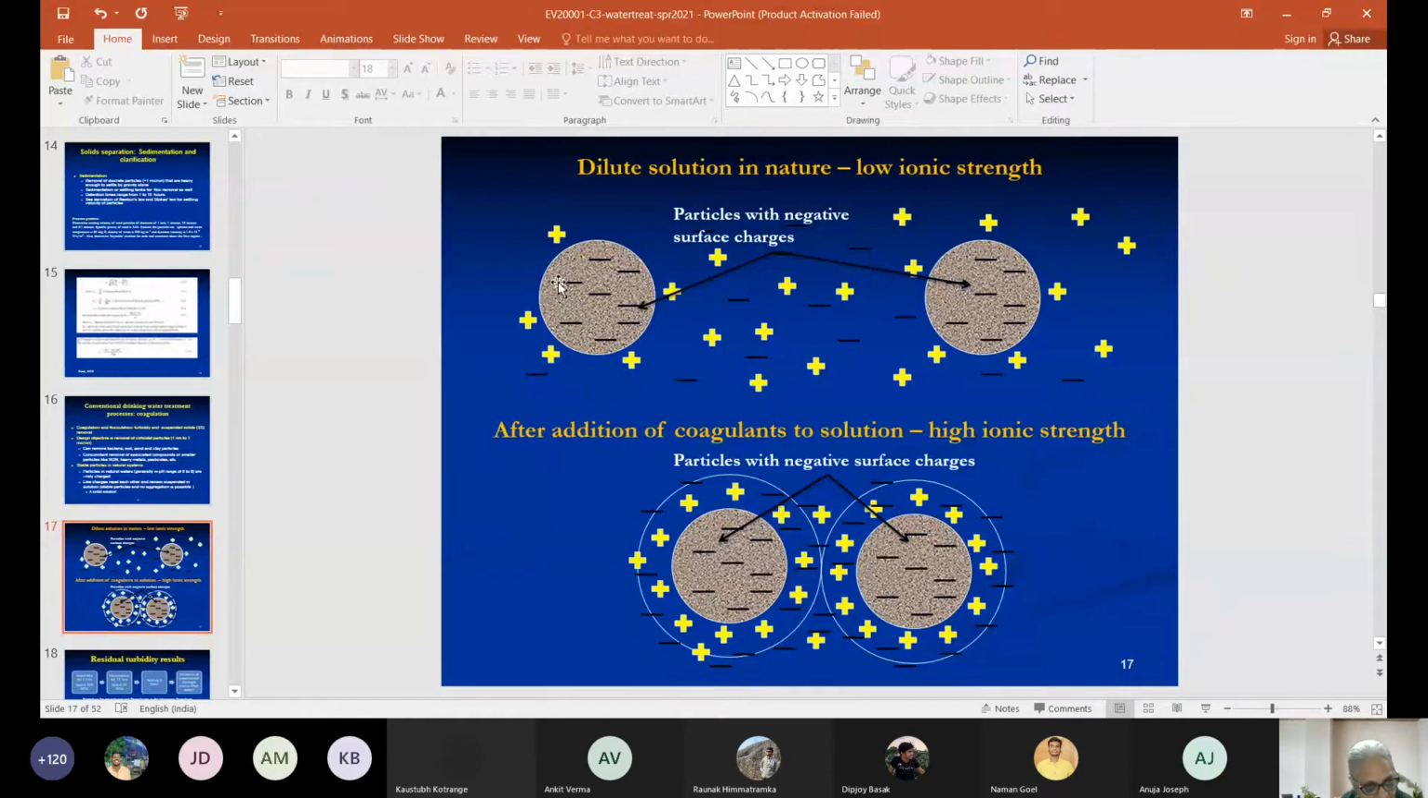Now, because the particles are negatively charged, positive ions, cations, will aggregate to the surface of these negatively charged particles. But because it's dilute, the particles are physically far apart from each other, and there is no attraction because they are all like charges. So because of the net repulsion and the physical distance, they're not going to come together. They will remain exactly where they are in